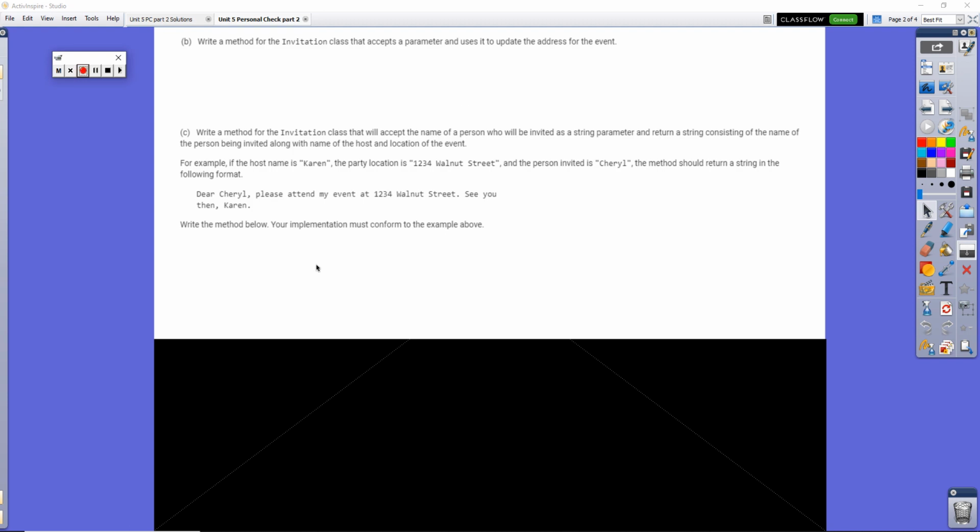Part C of this method says to write a method for the invitation class that will accept the name of a person who is being invited as a string parameter and return a string consisting of the name of the person being invited, along with the name of the host and the location of the event. Now, the name of the host and the location of the event are class variables that we're storing, but the name of the person being invited is not,